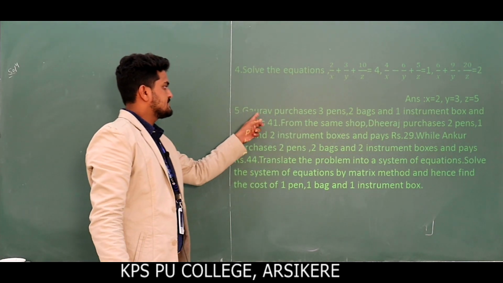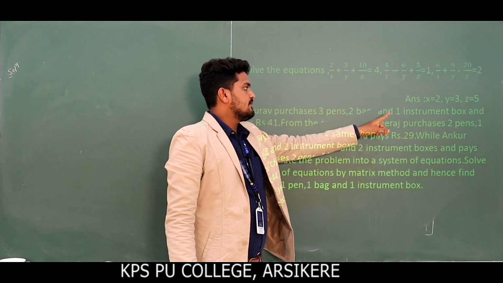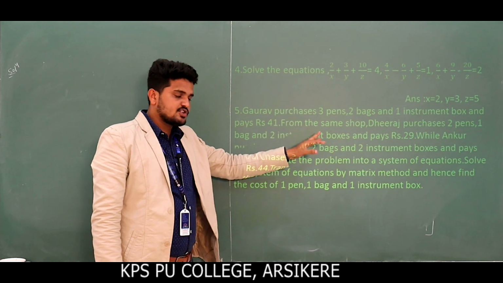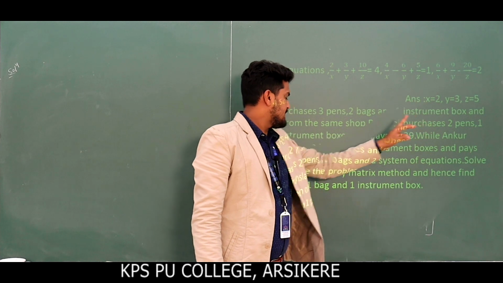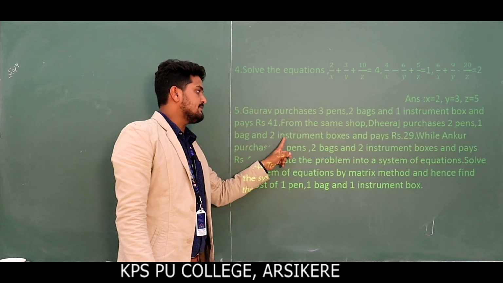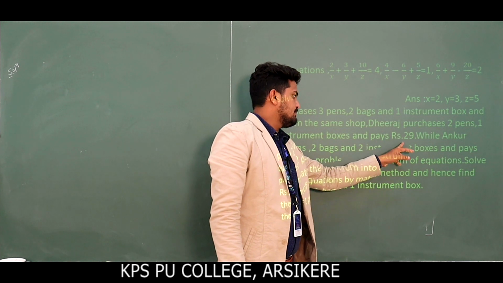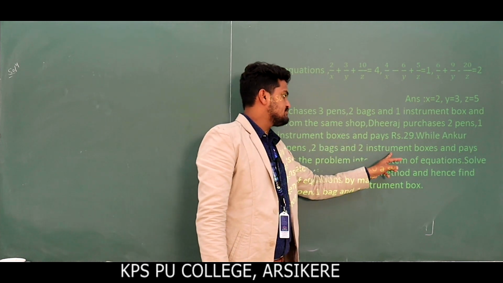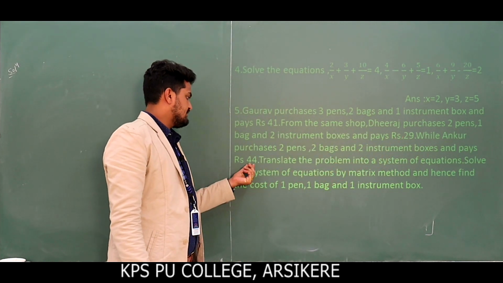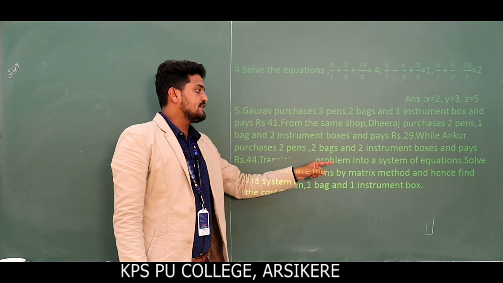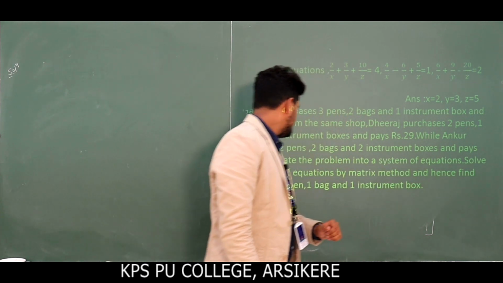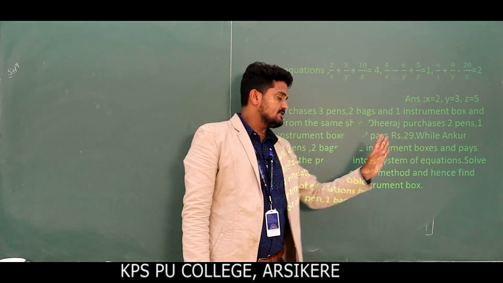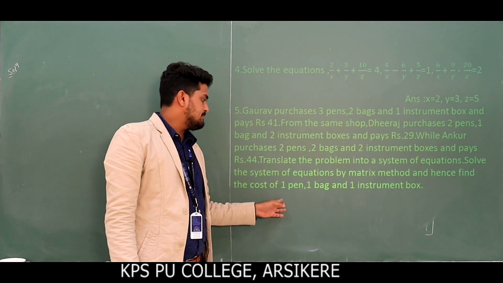Gaurav purchases 3 pens, 2 bags, 1 instrument box and pays rupees 41. From the same shop, Dheeraj purchases 2 pens, 1 bag and 2 instrument boxes and pays rupees 29. While Ankur purchases 2 pens, 2 bags and 2 instrument boxes and pays rupees 44. Translate the problem into a system of equations, solve the system of equations by matrix method and hence find the cost of 1 pen, 1 bag,